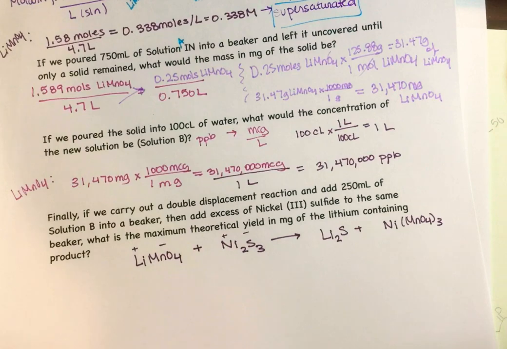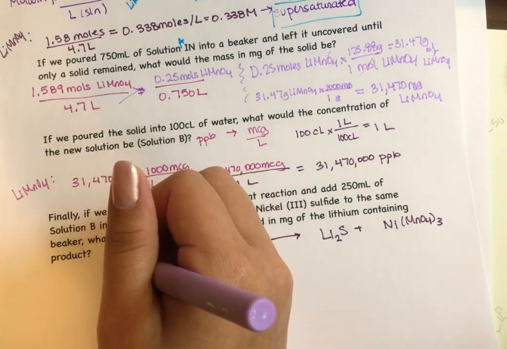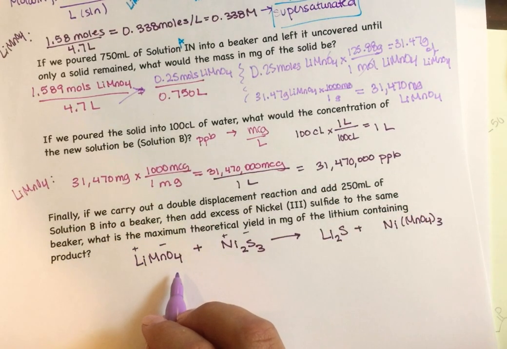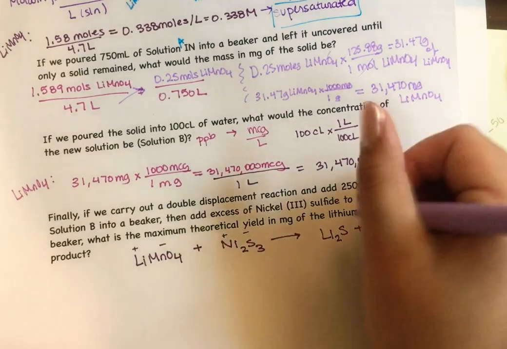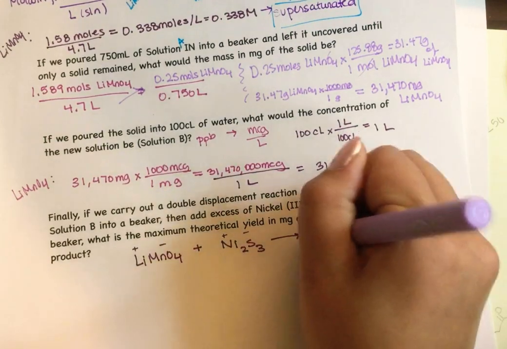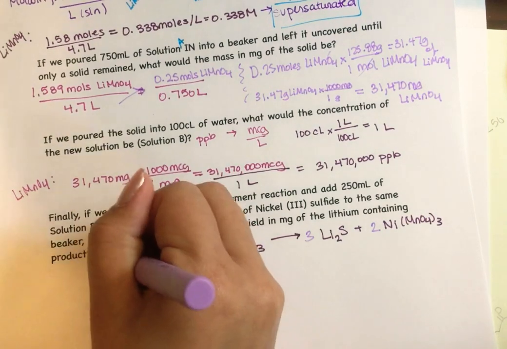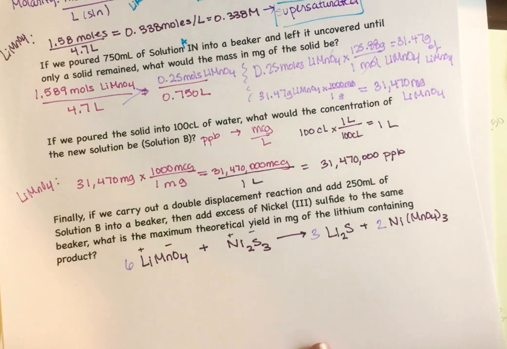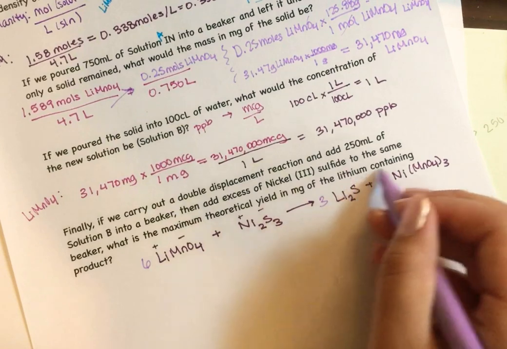So if we balance our chemical equation out, let's add 2 over here. We could start with adding 2, but that might cause more issues with here. So I'm going to say let's start with nickel. So we'll put a 2 in front of nickel. Now that's balanced out. Now for the sulfur, let's add a 3. But now we've got 6 of the permanganate, so let's add a 6 over here. And we also have 6 of the lithium. There's our chemical reaction. So if we're looking for the lithium-containing product, that's